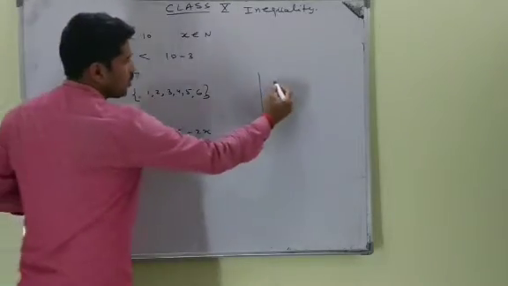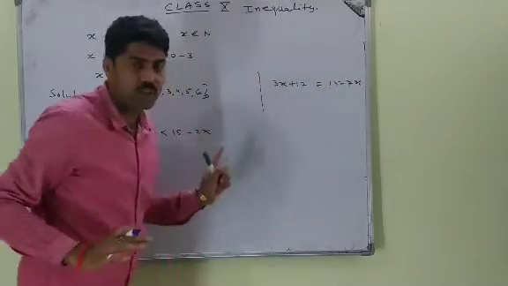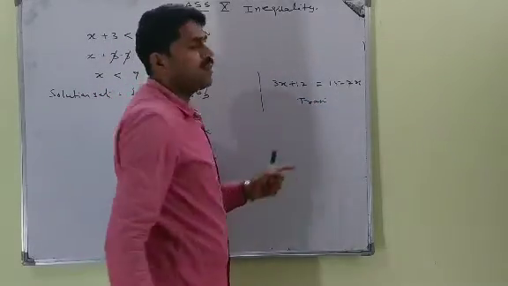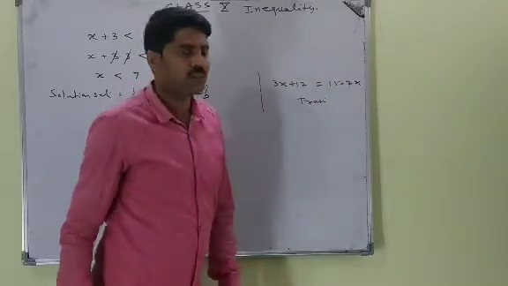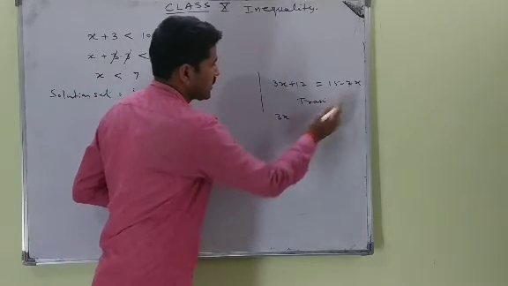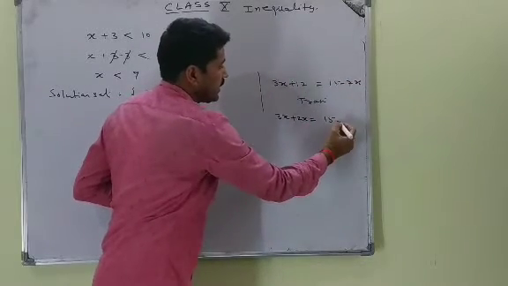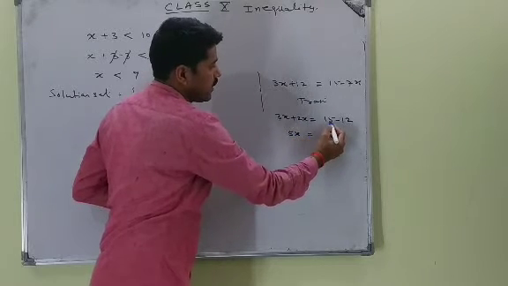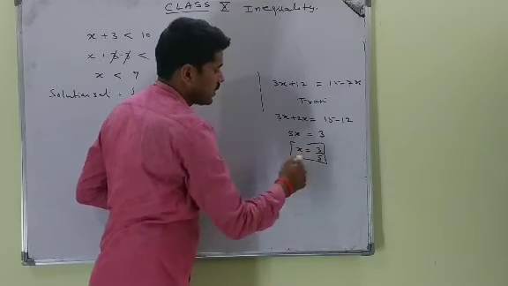How will we do it? What is the transposing rule? Suppose we have an equation like this. I am not talking about the inequality. How will you solve it? Very simple. You have studied in class 8th, 9th, 10th transposing to solve a linear equation. First of all, we collect all the like terms, right? So transposing 3x, it will come here, then 2x. 15 on the right hand side will go to that side, and 12. So 3x plus 2x is 5x, and 15 minus 12 is 3. So x equals 3/5. This is the value of x.